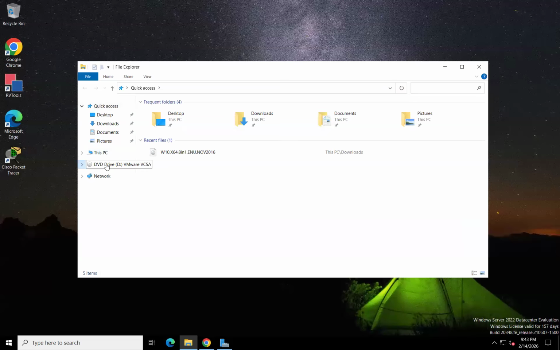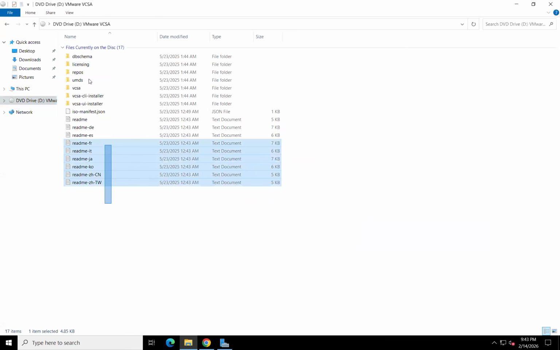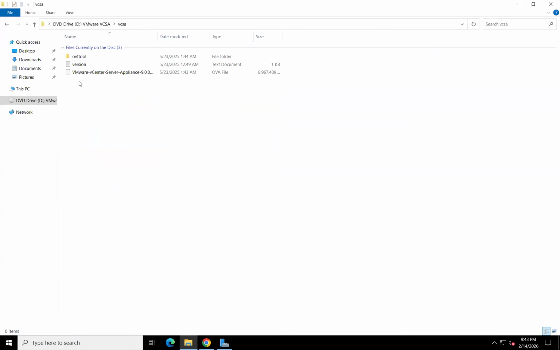So as you can see here, I have this vCenter server ISO image. When you open that ISO image, that is the main file, this one, the 8.55 GB file. This is the complete vCenter server appliance. Option number 1,